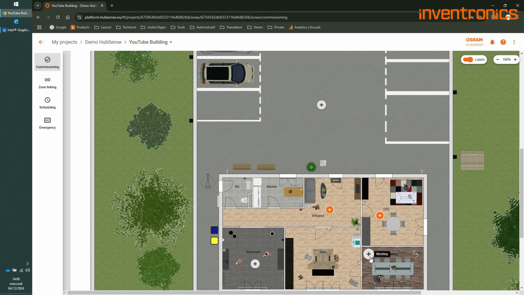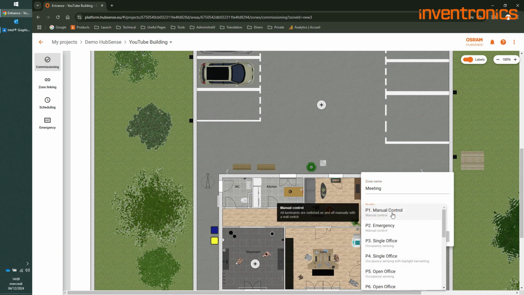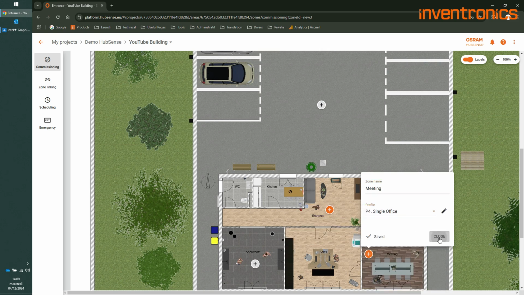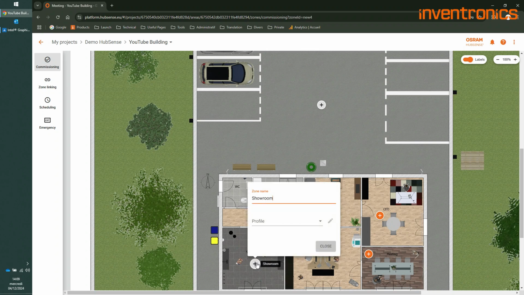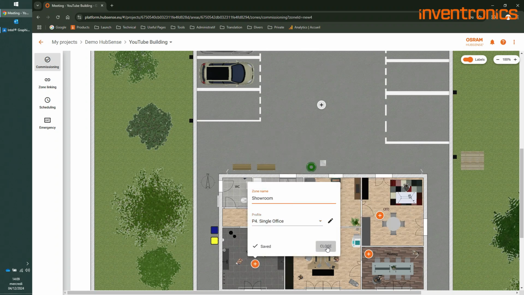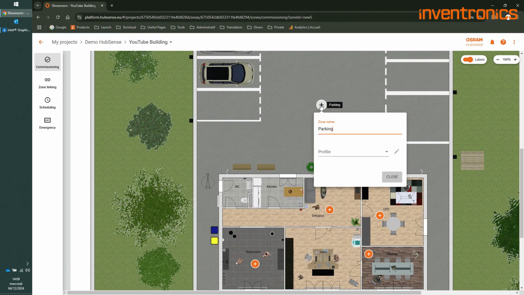In the meeting room and the showroom, the same profile, with presence detection and daylight regulation according to natural sunlight. And finally, in the parking lot, a profile that will operate according to time events.